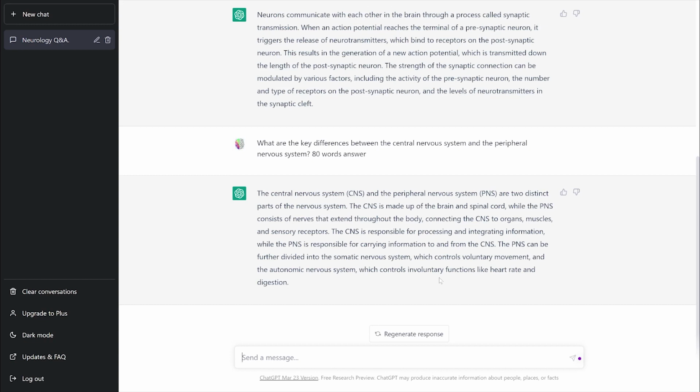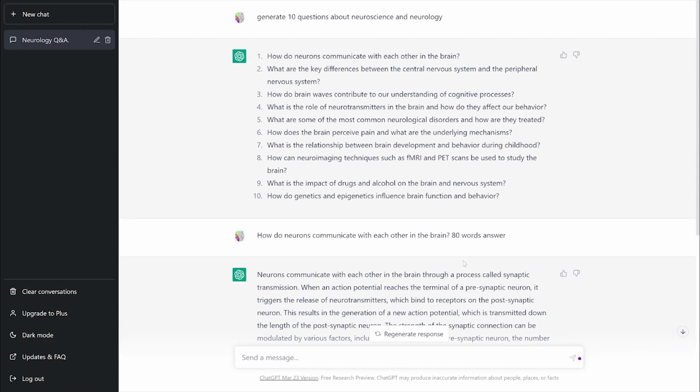Well, basically it's all correct, but like talking about heart rate and other stuff, some parts of the brain are actually responsible for it. So if it wants to go into details, it's gonna differentiate those things, but well, we're looking for general answers right here. Okay, the next question is going to be, how do brain waves contribute to our understanding of